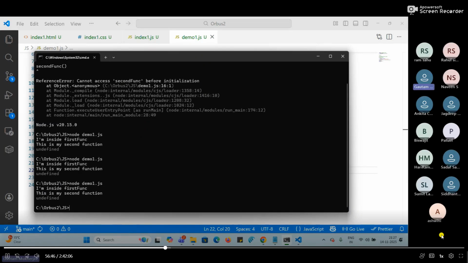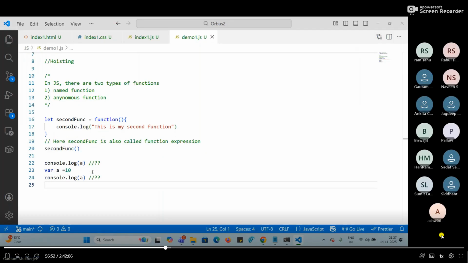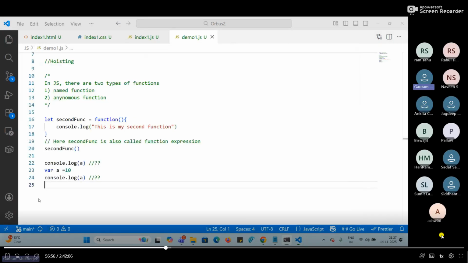Why so? If I copy this line and print here, then I will get 10. See, here it is 10. So the reason is that during hoisting,